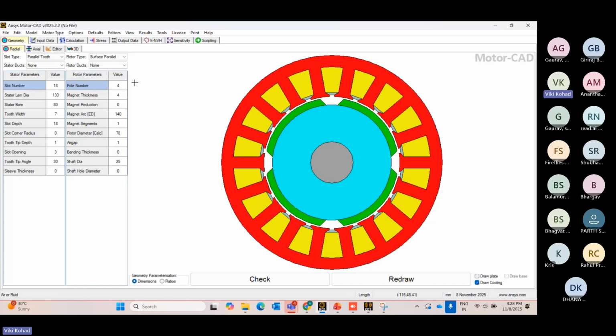Before designing one of the motors, I will show you what models are there inside Motor-CAD. Here four different models are there: the electromagnetic module, thermal model, lab, and mechanical model. For the electromagnetic performance, we refer to the E-magnetic module. Then for the thermal sections, we refer to the thermal module, and for the drive cycle analysis or duty cycle analysis,